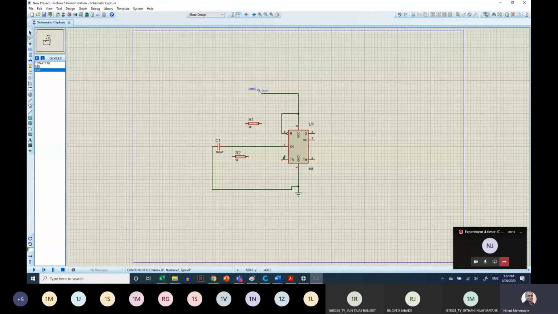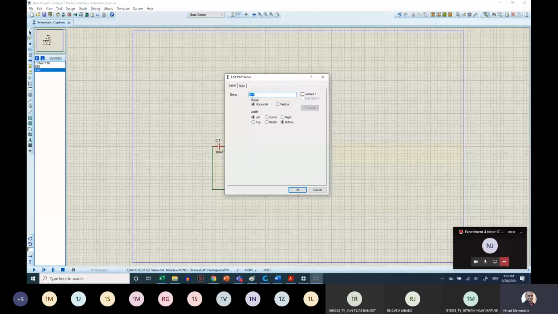Now, pin number 2 needs one more capacitor. One option is to copy this capacitor, or click on this cap and then click again. These are the two options by which you can get the capacitor. So pin number 2 has 1 micro. I can just type 1000 nano, which is the same as 1 micro.